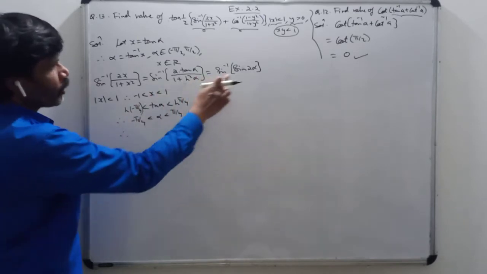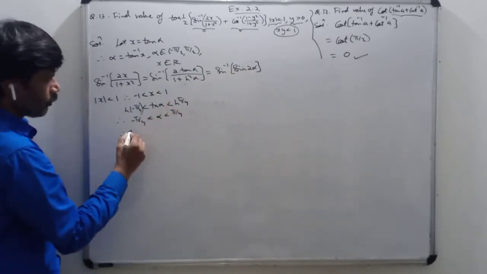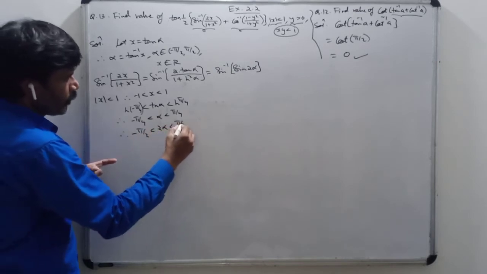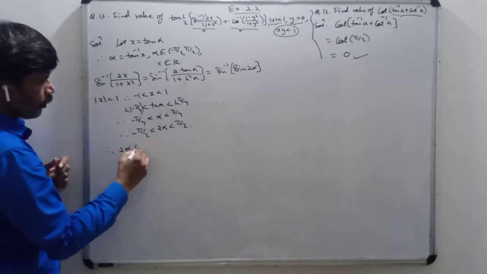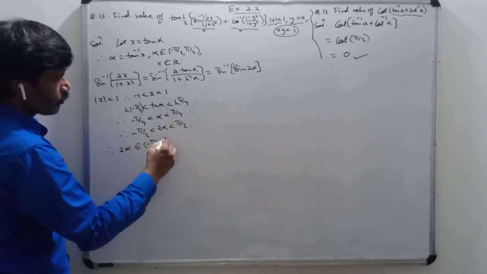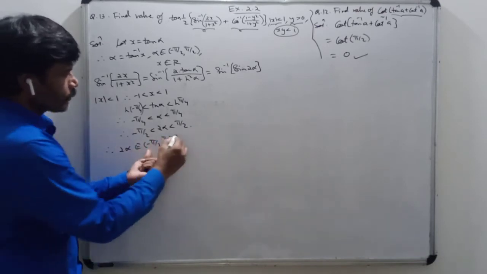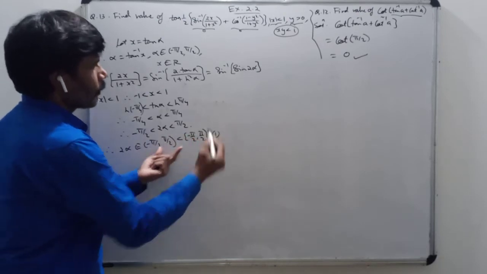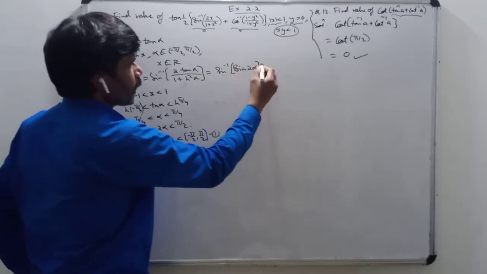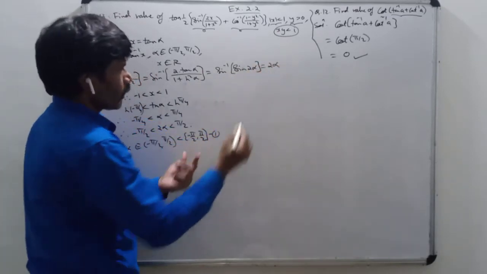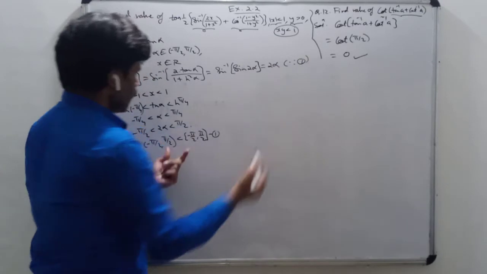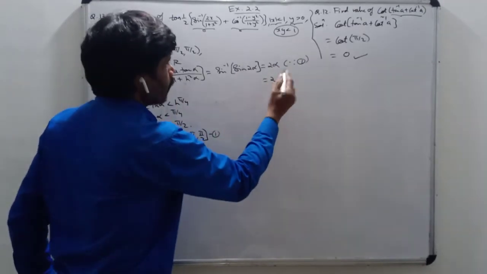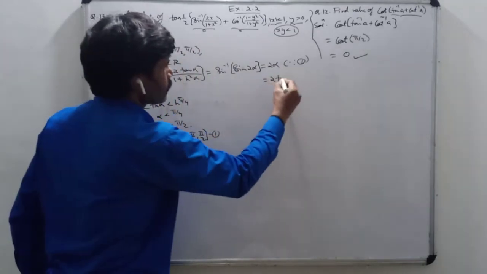Now I am multiplying by 2. So this will become minus pi by 2 is less than 2 alpha is less than pi by 2. It means 2 alpha belongs to the open interval minus pi by 2 to pi by 2, which is a subset of the closed interval minus pi by 2 to pi by 2, that is nothing but the domain of the sin function. Sin inverse of sin of something, I can write something because of this. What is this saying? This 2 alpha is in the domain of the sin function. So that is equal to 2 alpha. What is alpha? Tan inverse of x.